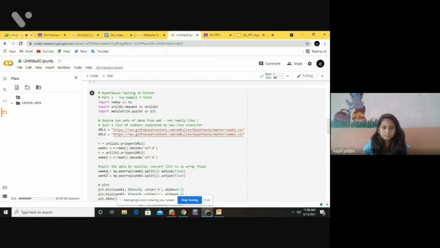We split the data by the new line and convert the list to a NumPy array of type float. So week 1 is np.asarray of the split week 1 data with type float, and similarly week 2.